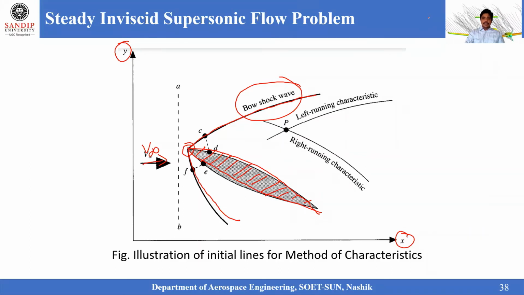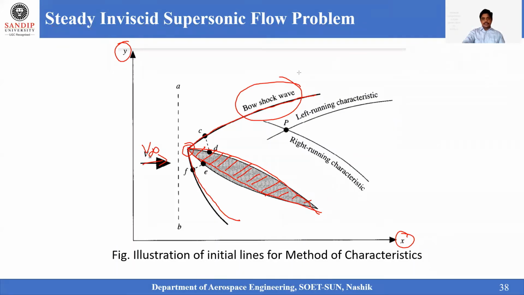These are the three conditions we have taken: an airfoil with a medium angle of attack, and a shock wave attached to the body. And third, we have a bow shock wave available on this particular body, and the bow shock wave is attached to it. Okay. What is the approach we have made initially is we have stated that we are going to discuss the case related to a steady, inviscid, supersonic flow problem.